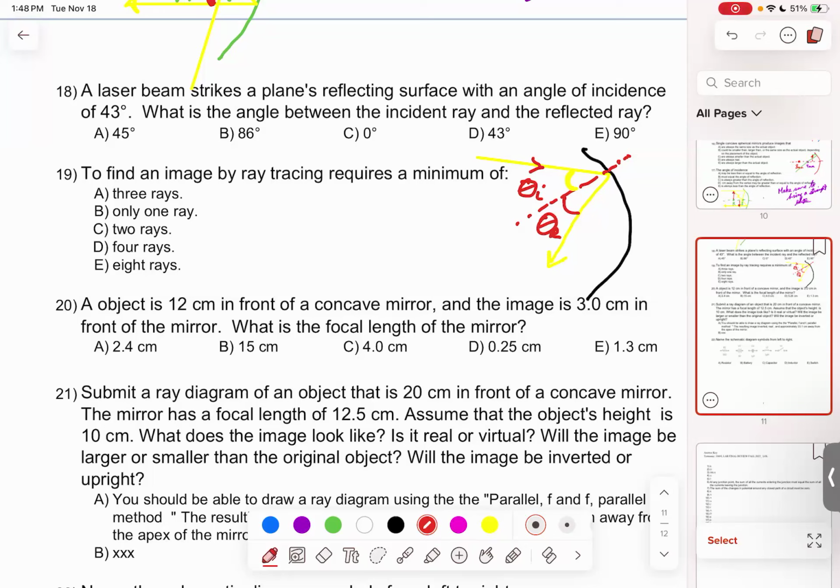So you always look relative to the normal in terms of what angle we're looking for. So if I ask you which angle, well, it could be this angle here, but no, relative to the normal means you draw a normal line. That means a line that runs into the surface at 90 degrees, right? So you do the best you can. It runs into it at 90 degrees.